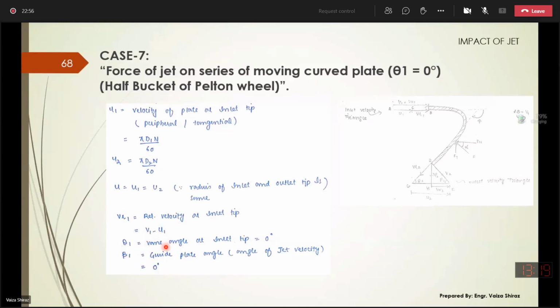Theta 1 is termed as vane angle. ये हम लोगों ने पिछले केस में भी पढ़ा है that theta is termed as vane angle. Beta 1 is termed as guide blade angle. यहाँ पर प्लेट लिखा है तो it can be guide blade or guide blade angle. ठीक है, अब आप लोगों ने इससे कंफ्यूज नहीं होना कि पिछले केसेस में जहाँ पे आपकी कर्व सरफेस थीटा